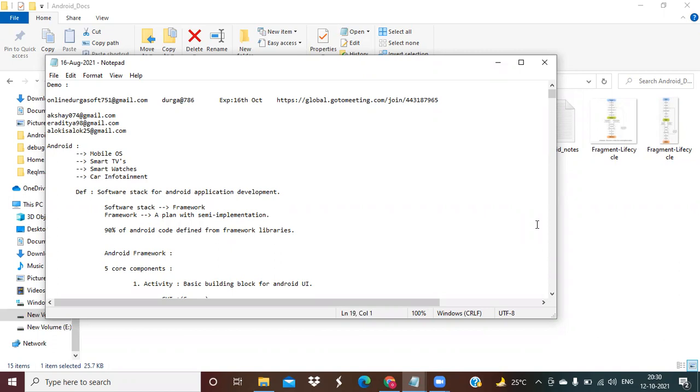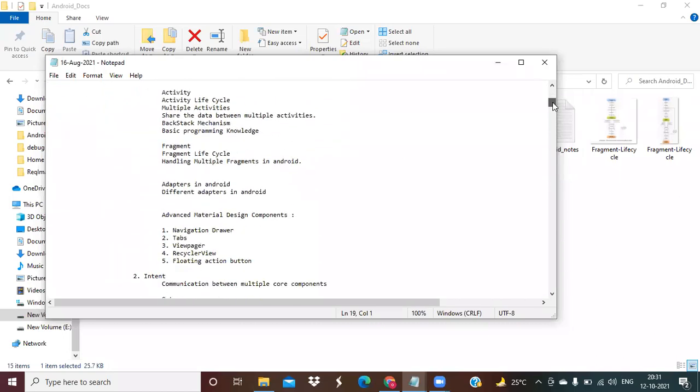That can be implemented with the help of Android Studio IDE only. Other IDEs like Eclipse and NetBeans are available, but they do not support material design component libraries. That is the reason we have only one option, Android Studio IDE.